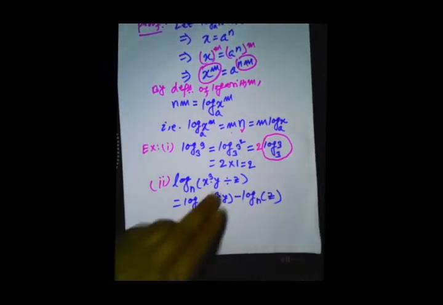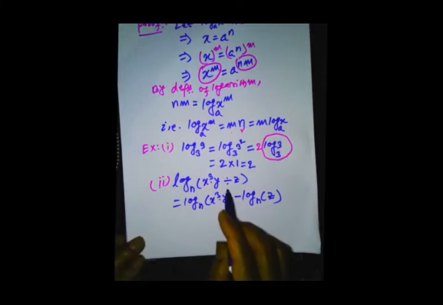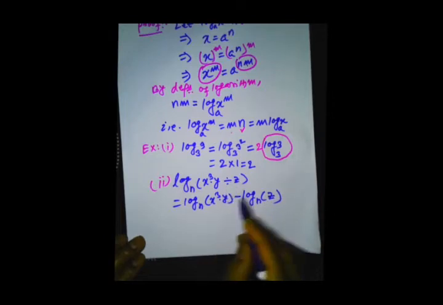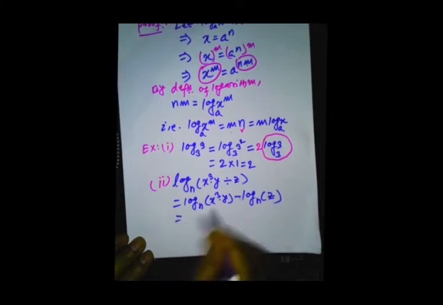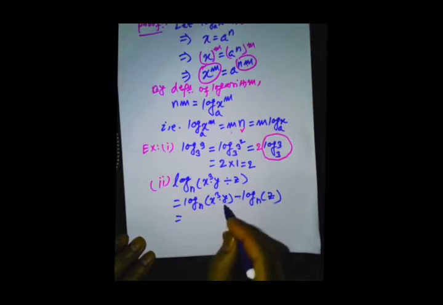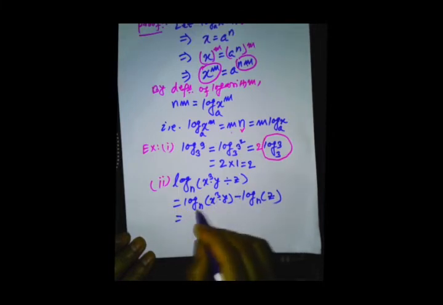Because of the division sign, as we have seen in the laws of logarithm, if this is divided by, here we put a negative sign. Now inside you can see x cube and y are multiplied together. So you use the product rule here. If you apply the product rule to this bracket for the logarithm to the base n, in that case you will have